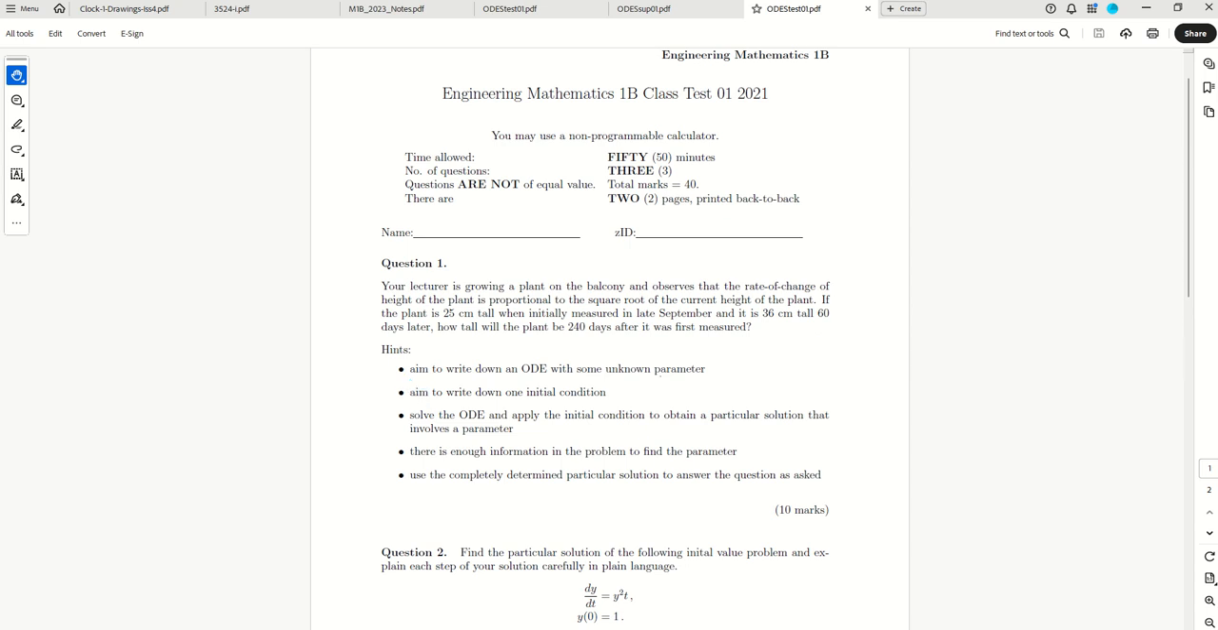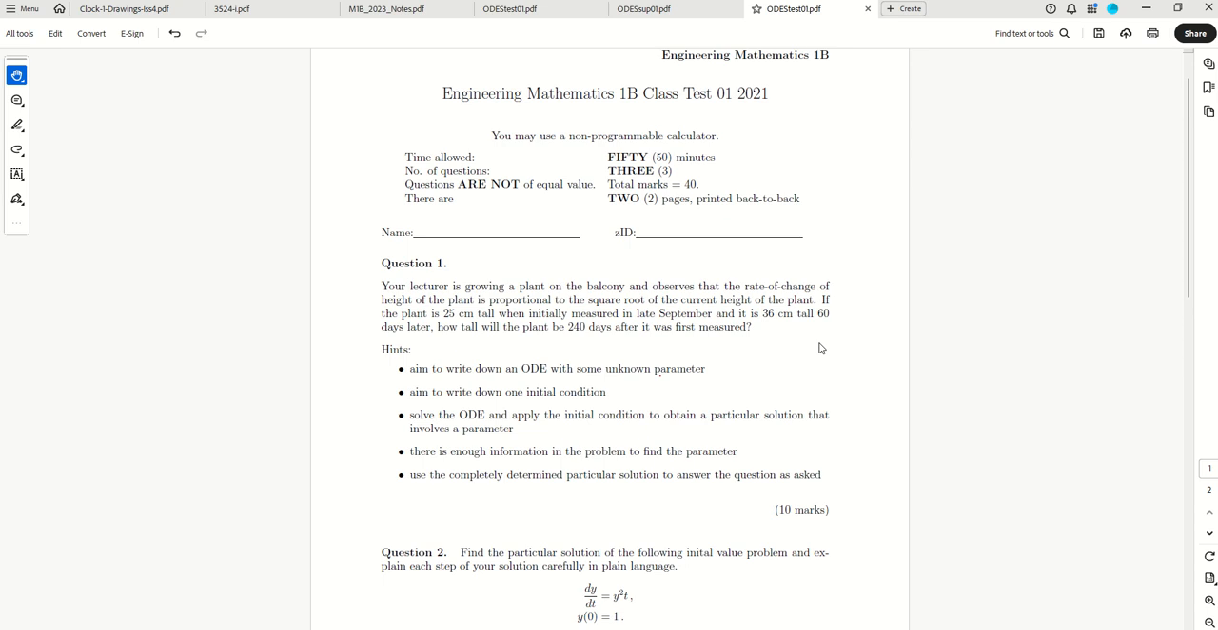Alright, and there's a number of hints. We're going to write down an ODE with an unknown parameter, an initial condition. We then solve the ODE to obtain the particular solution involving a parameter. There is enough information, namely two different heights at two different times, to obtain that parameter. And then we can actually make a prediction,